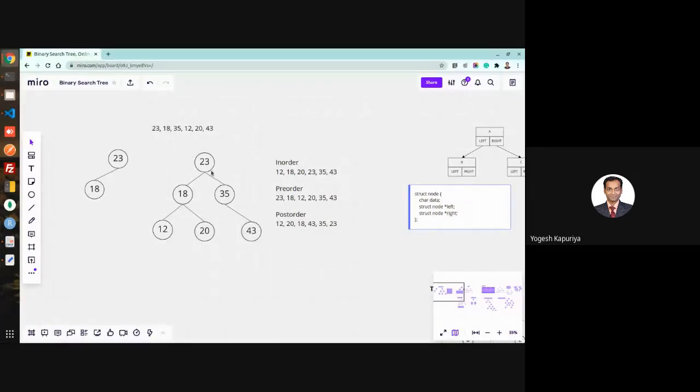You will start with the first node, the root node, obviously. You compare 36 with that value. Obviously, 36 is greater than 23. So your 36 has to be in the right subtree.